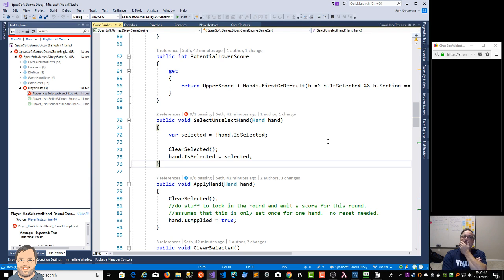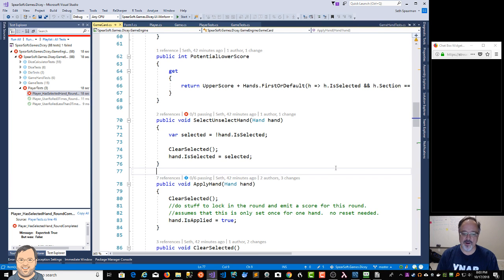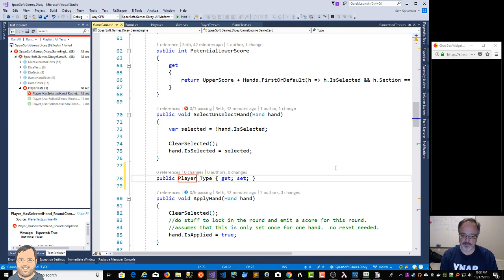Now, this is a little tricky because technically the game card has done something and basically the player needs to be marked as completed. So this is where an event can be helpful. There are several ways you could do this. You could create a property, and I'm going to show you this, and I'll not do it, but you could create a property, and the property could be of type player, and the name of it could be parent. In some ways this is the easiest way to do it,